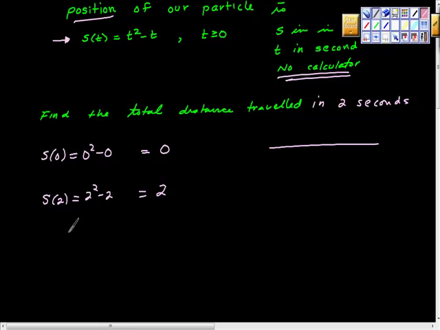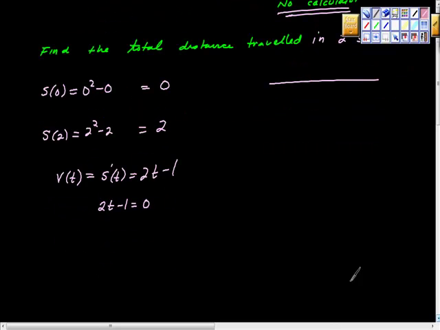So let's take this position function and find the velocity function, and we know that velocity is the first derivative of position. Taking the derivative, that's 2t minus 1. So when velocity is 0, he's changing direction, right? So we have 2t minus 1 is equal to 0 when his velocity comes to a complete stop. We solve this out, and we find that at t equals 1/2 second,